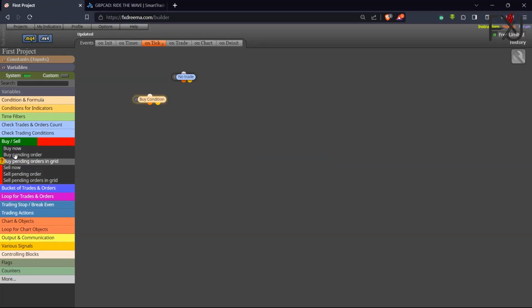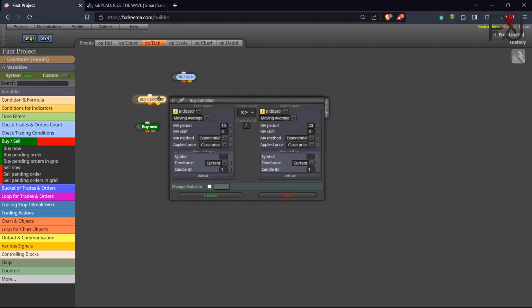We want to buy. So we just drag our buy now variable here, right? So if this condition is met, we'll buy. And we do the same thing for the sell. But there's something else we're going to do here. Instead of putting 10 here and 20 here, under our condition, we're going to declare them,